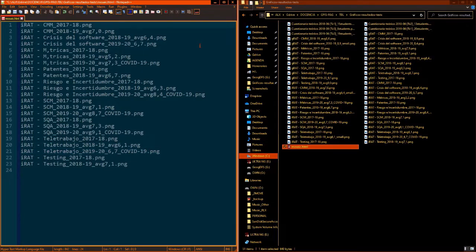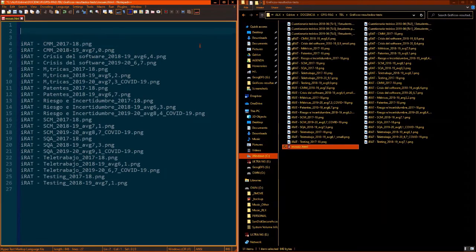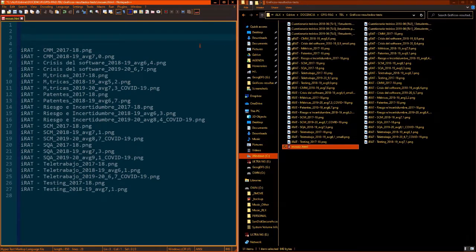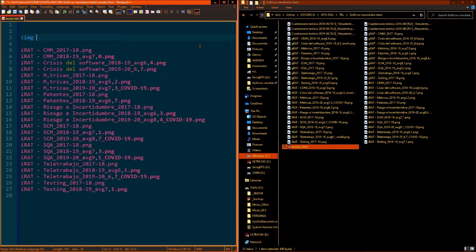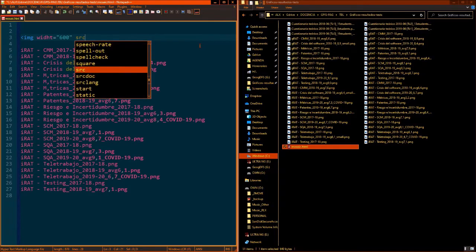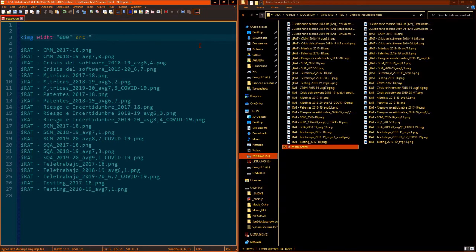So what I want to do is to create an image tag for each of these files. I'm going to write first the idea of the code, the template. I want to write something like img. I'm going to add some width to the image. I don't know, the width can be 400 pixels or maybe a little bit more, 600. And then the source attribute, and here comes the name of the image.